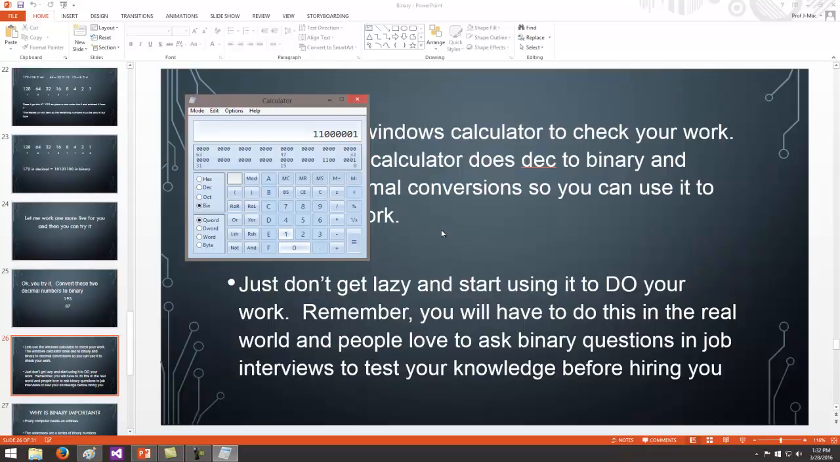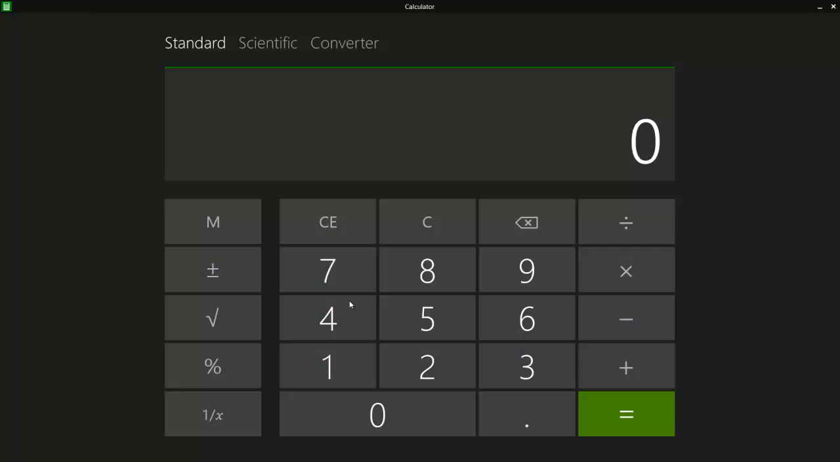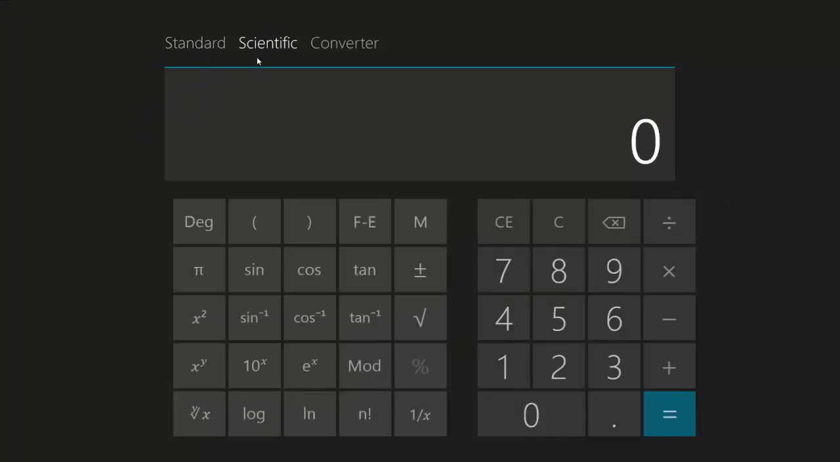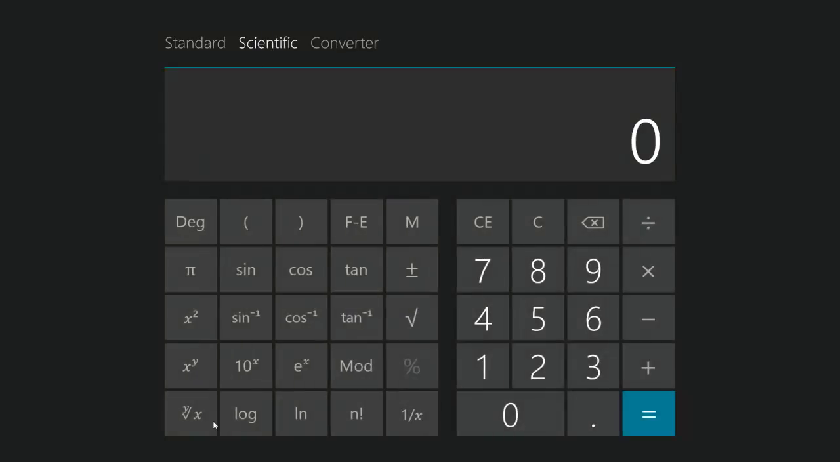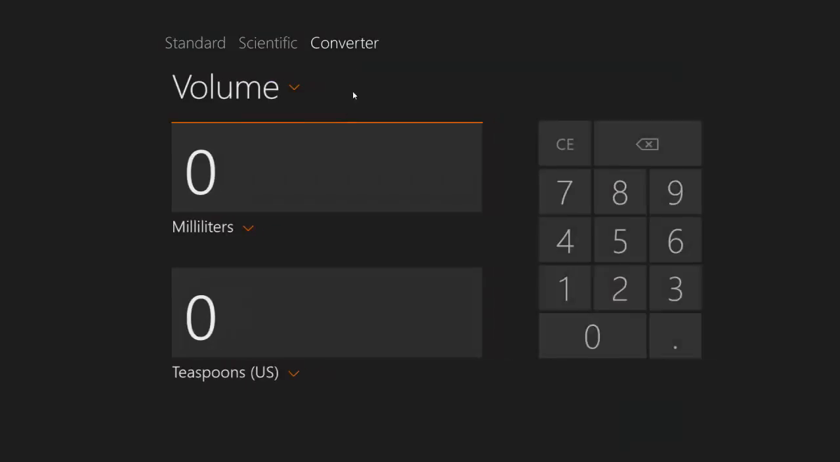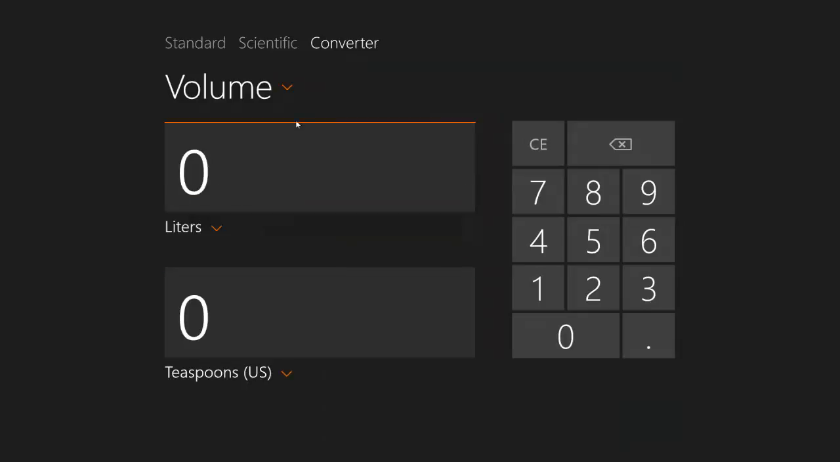Make sure you understand the process and can do it on pen and paper, and just use the calculator to check your work. Now, if you're using the Windows 8 calculator, you're going to have issues. So here's the crappy Windows 8 calculator. Again, there's nothing to convert. If I go to scientific, there's no binary that I see anywhere. And if I go to converter, it just does